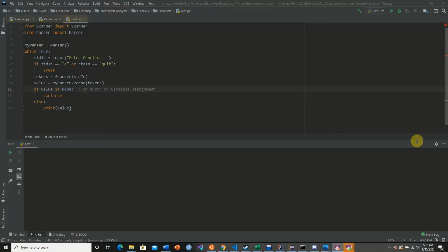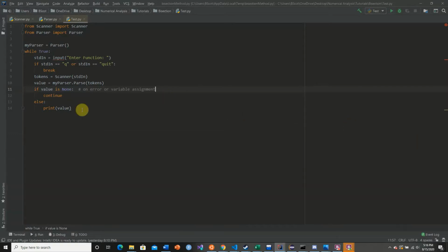Welcome back to this YouTube tutorial series on implementing a recursive descent parser calculator in Python. In today's video, we're going to be going over a quick bug that I found that is extremely detrimental to our parser. So to begin with, here I have a test file where I'm simply going to loop over